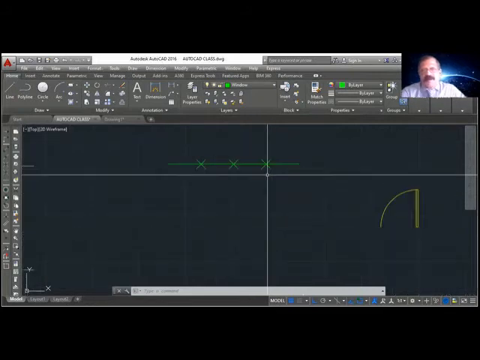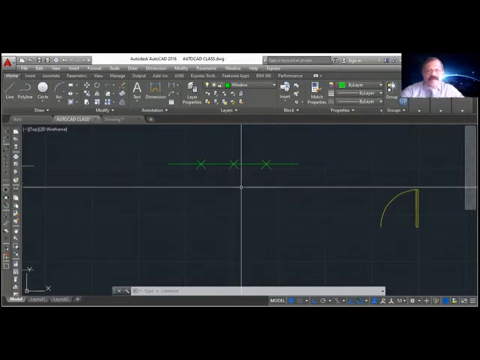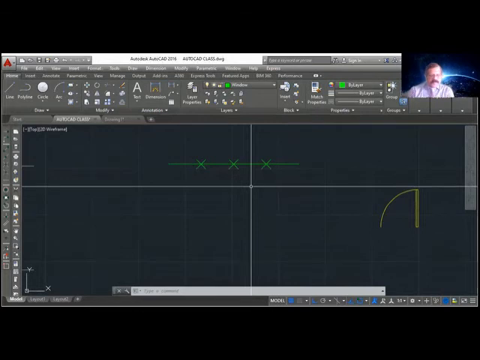Okay, so the divide command is used to divide an object equally. It doesn't mean that it's cutting anything. It's only putting the dividing points. Write down: divide, to divide an object in equal parts. In brackets you write, it is only just marking. It will not cut or anything. Okay.